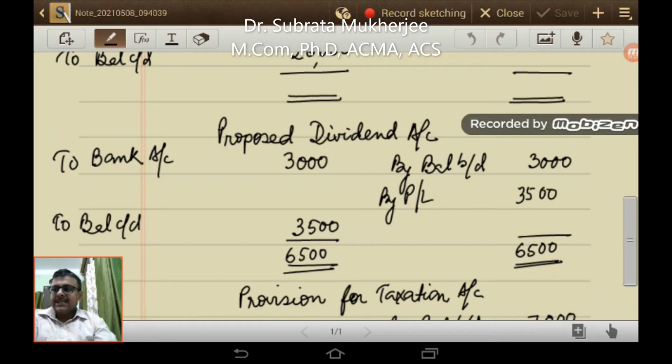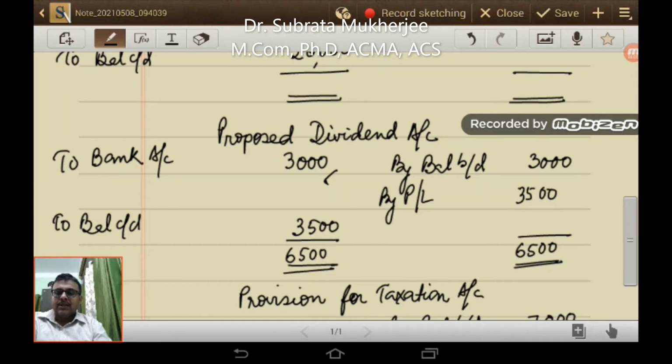The next item of adjustment is the dividend proposed in the last year was paid in 2019-20. So the last year proposed dividend was the balance of which was 3,000. So in 19-20 it has been paid. So proposed dividend account debit to bank, and the balancing figure of rupees 3,500 has been transferred from profit and loss account. So there are two journals here that I have passed under proposed dividend. One, proposed dividend account debit to bank, and the other one is the profit and loss account debit 3,500 to